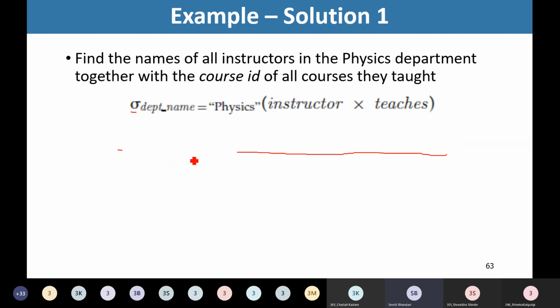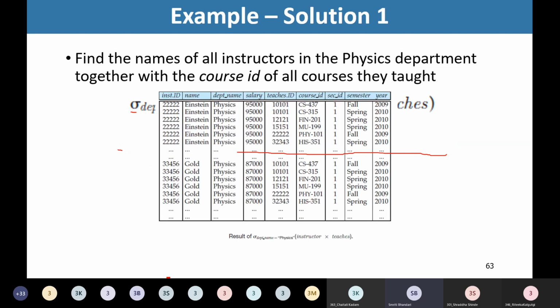And if we impose this condition on this particular table, then obviously what will happen? We will be getting only those tuples for which both the IDs are same. So here this tuple will be having both these IDs same, right? We are having one more physics instructor, but we do not find any tuple having the same instructor ID here, right? And that is why we say that this particular tuple is the relevant tuple.